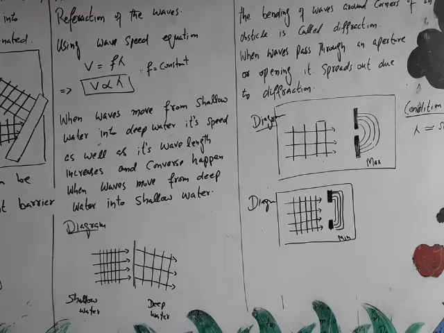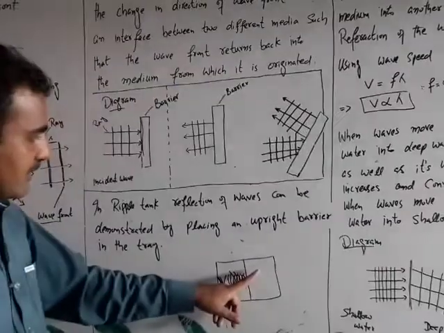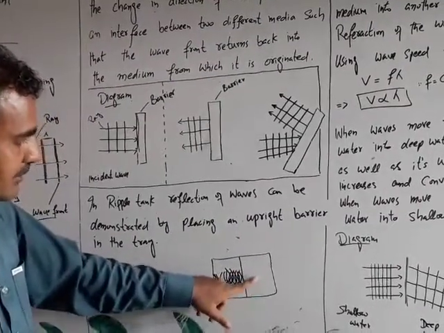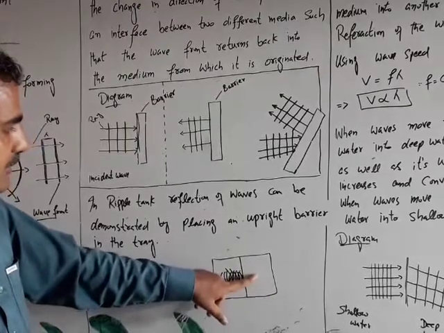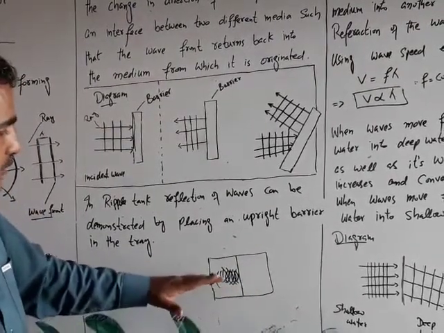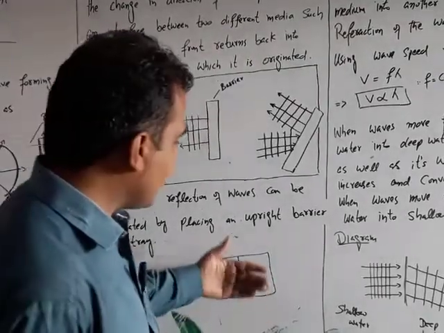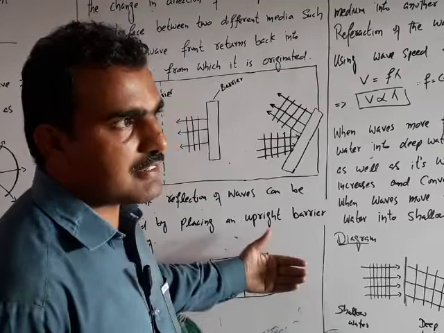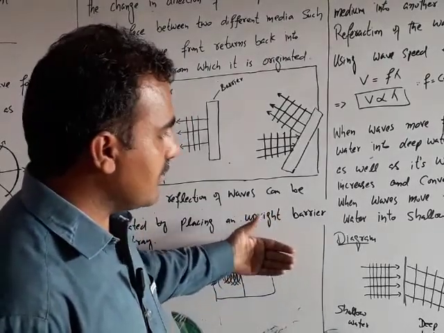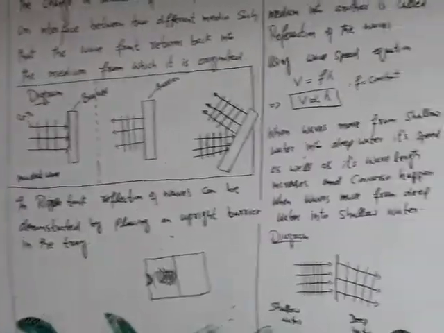Refraction of the wave can be demonstrated in the ripple tank by placing a plastic sheet at one end of the tray. If you place a plastic sheet at one end of the tray, then the level of water at the two sides will be different, and when the waves are produced and pass over the plastic sheet, then you will observe that its wavelength and speed increases. So this is refraction of wave.